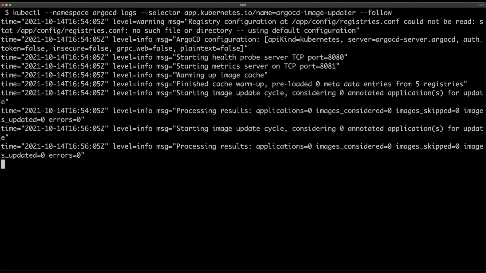By default, Image Updater is pulling changes from container image registries every 2 minutes. So it might take a couple of moments until it figures out that I added the annotation it needs, and until it figures out what I have in my container image registry. And while waiting for that to happen,